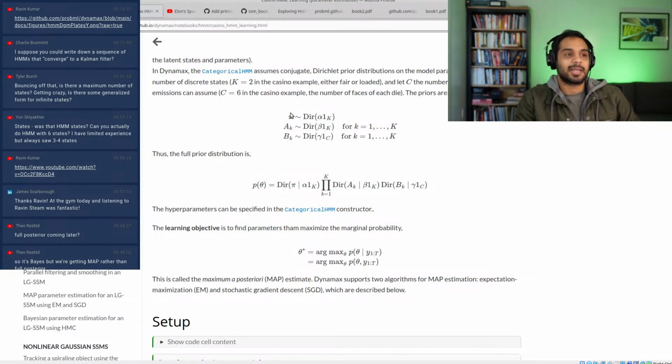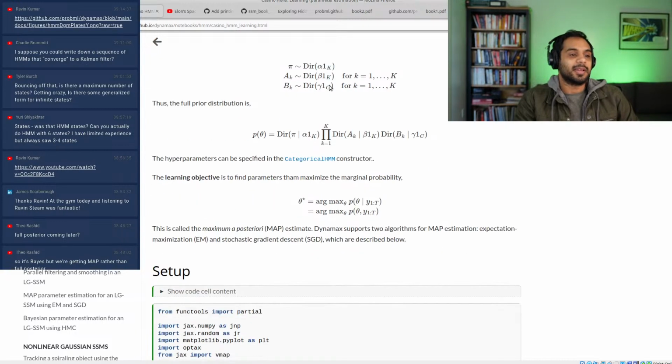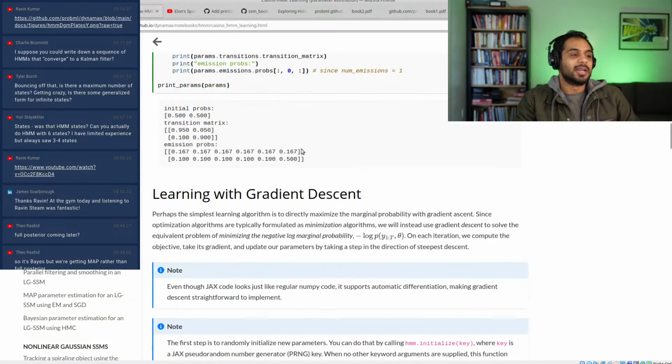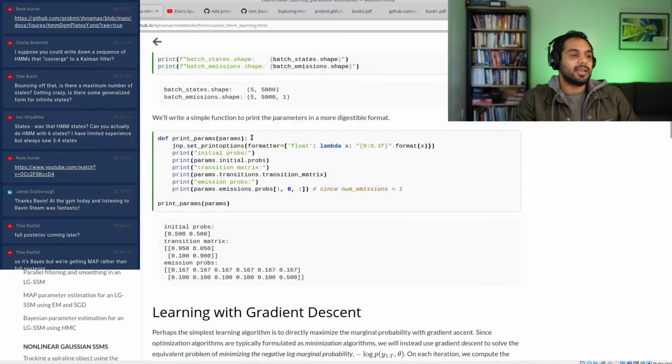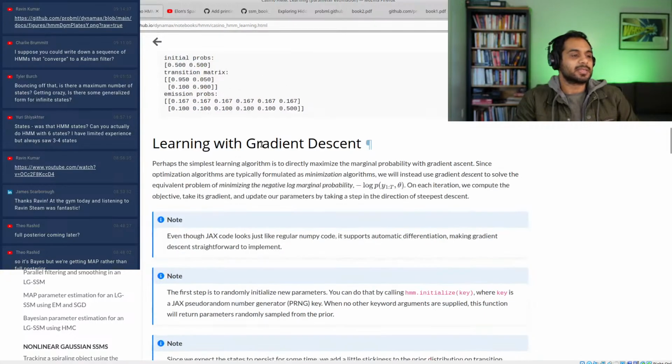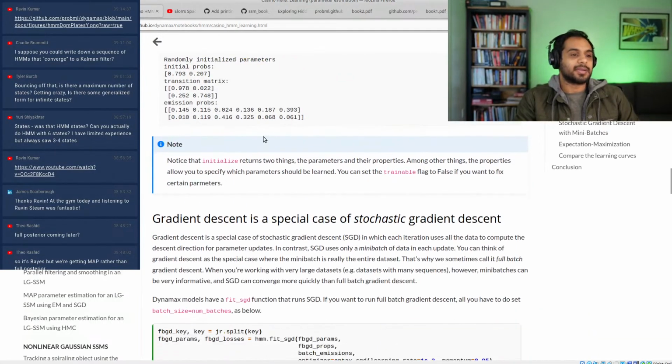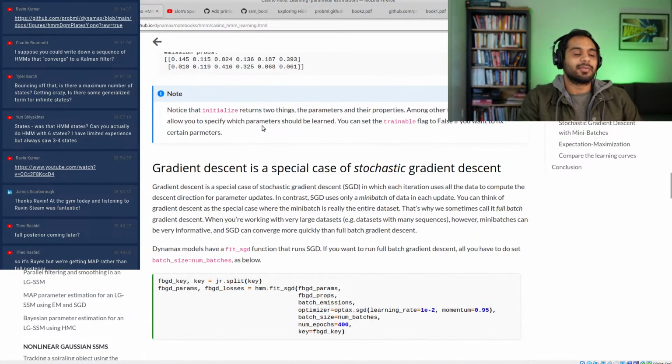We place a Dirichlet prior over the 3 discrete states. Dirichlet distributions are super cool. If anybody wants me to talk more about them, let me know. This is one of the super fascinating distributions. The important bit here is that Kevin and Atal, or whoever wrote this notebook, I shouldn't say Kevin, did a really good job explaining the practical portions of